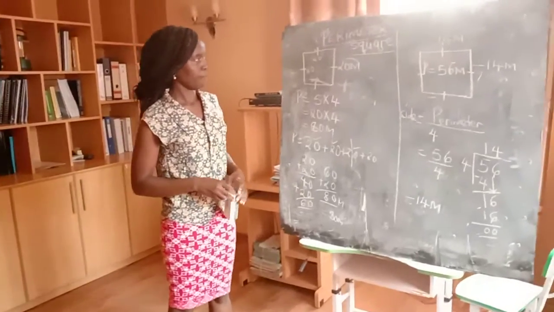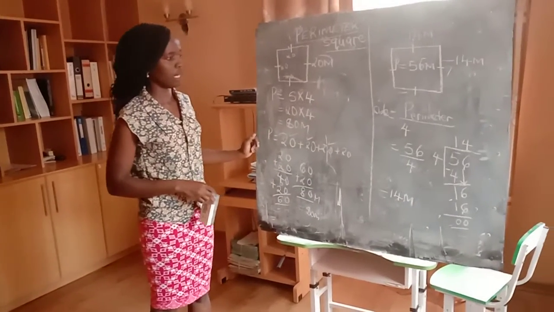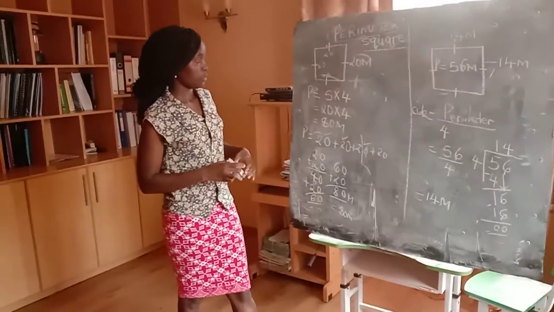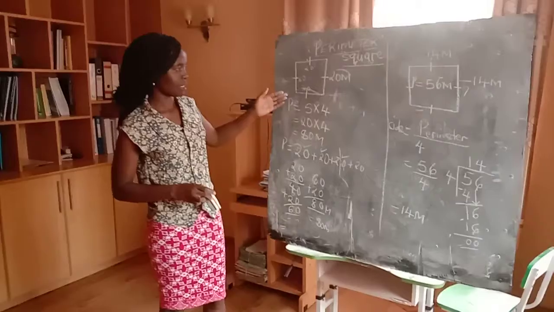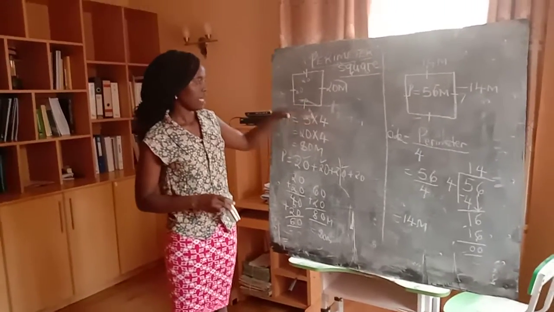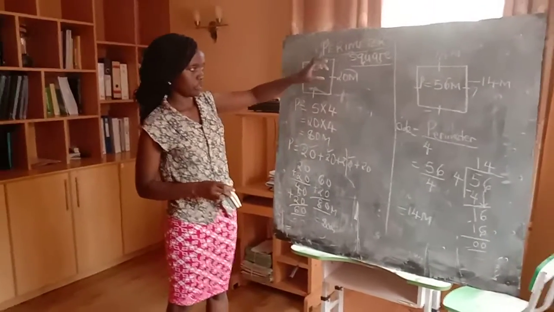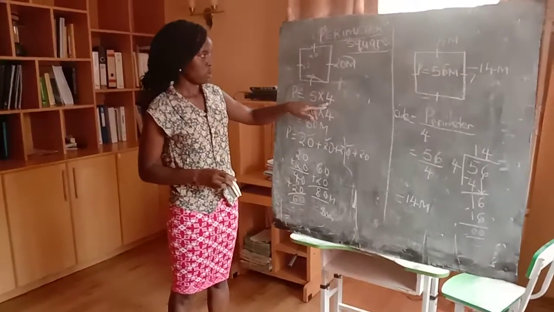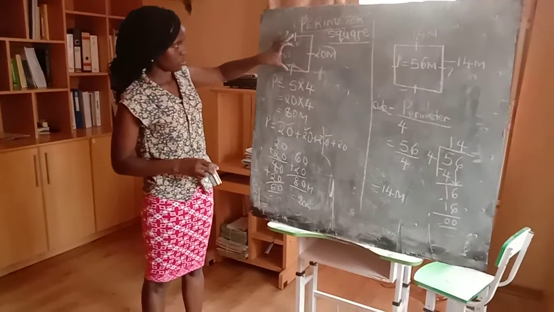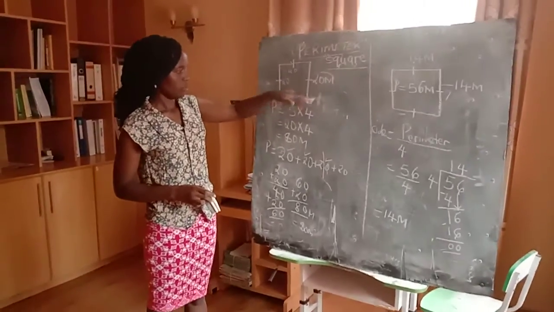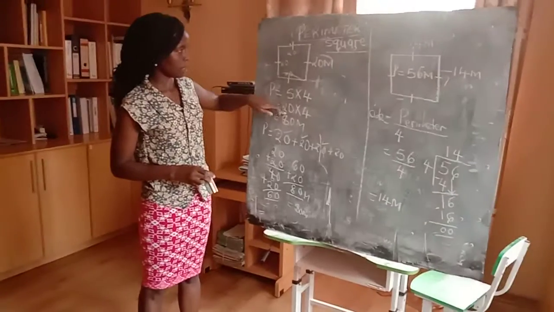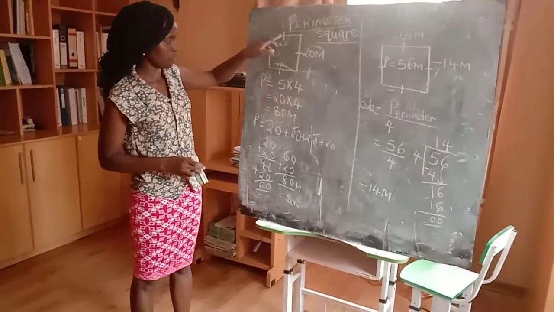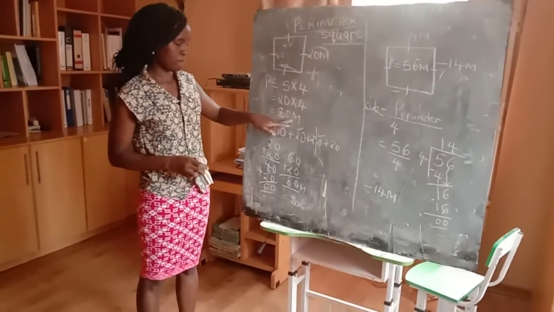I hope you have gotten how to get the perimeter of a square and how to get the side given the perimeter. We have said that the perimeter is equal to side times 4. Now that all the sides are equal, we take one side and multiply by the number of sides, which is 4. For example, in our square here, it was 20 meters. We take the measure of that one side, which is 20. We multiply by 4, the number of sides. We have 1, 2, 3, 4. So times 4, we get 80 meters.